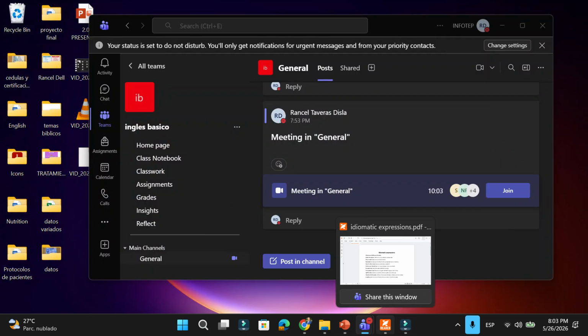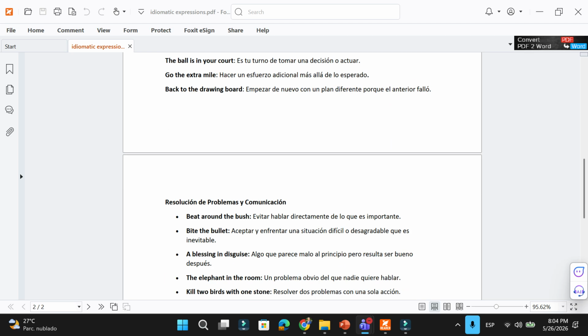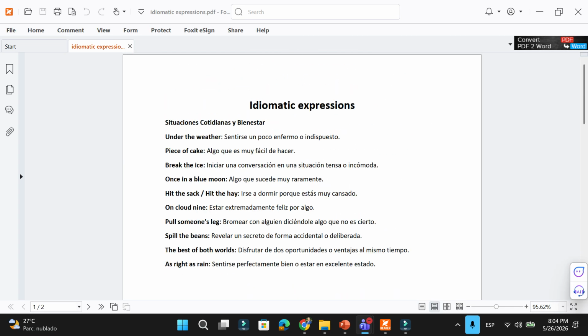Okay, so first things first. Because we finished with all the verbs that we were going to study, now we're going to work with the idiomatic expressions. Okay, idiomatic expressions. So here we have a small PDF with 30 idiomatic expressions. And we're going to work with these idiomatic expressions